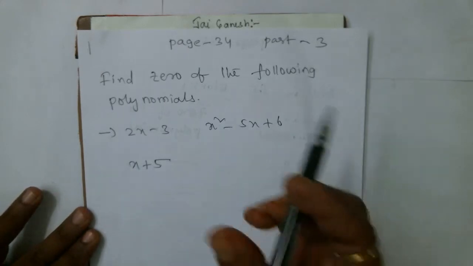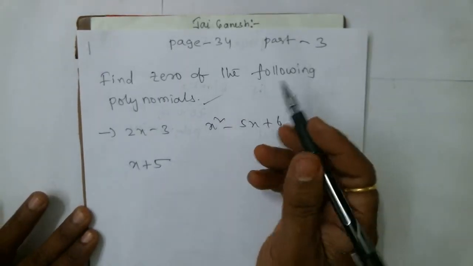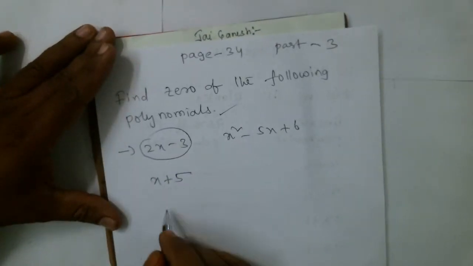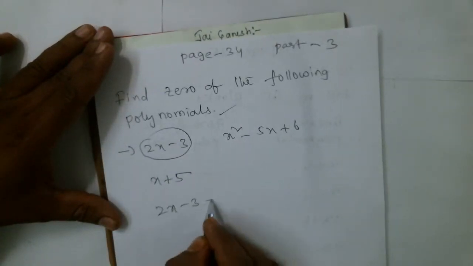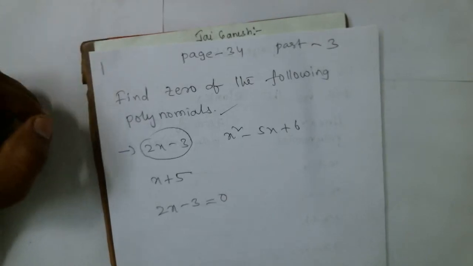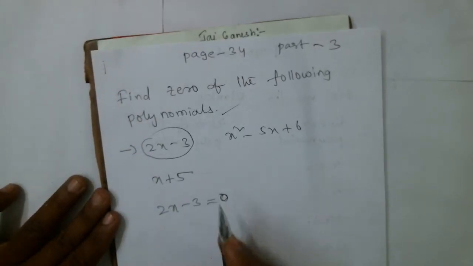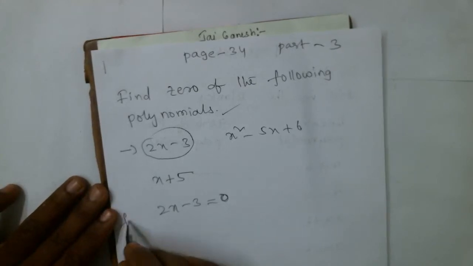Next, find the zeros of the following polynomials. So here, what zeros means, first of all take 2x minus 3 equal to 0. We have to find the zeros. What do you mean by zeros? I will tell you. First of all, take f of x as a polynomial,